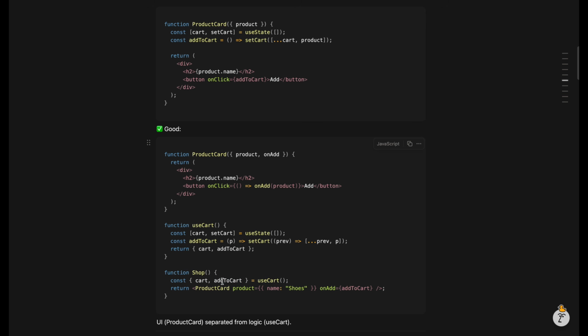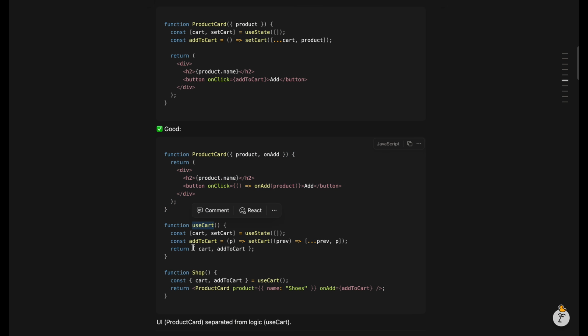right? Now in this example, we are not doing anything with the cart state, but essentially, if we had a product cart as well here, the cart would be passed there, right? That product card will be created with something like this, and the functionality, whatever we have from useCart, that is being passed to product card in essence, you see, as onAdd. Now again, how does this add to cart work? The product card does not really care. All it cares about is it should work,